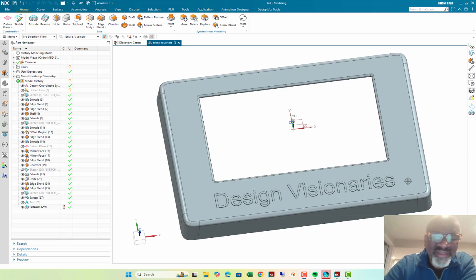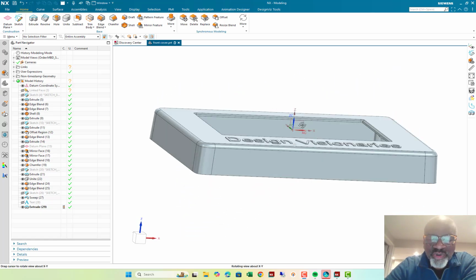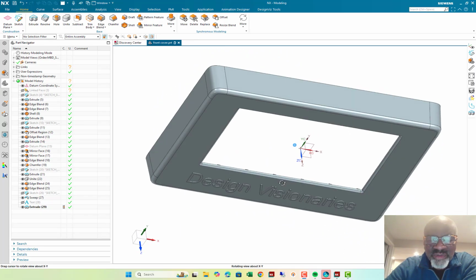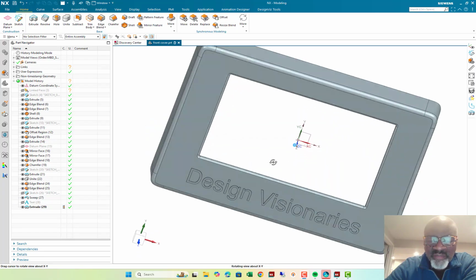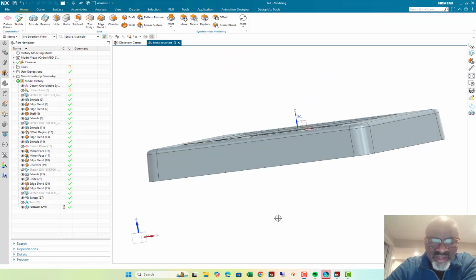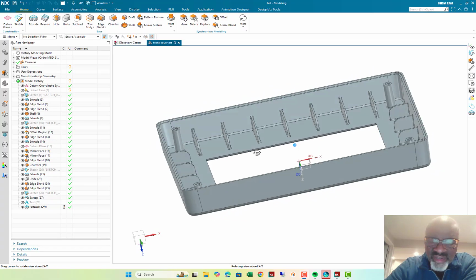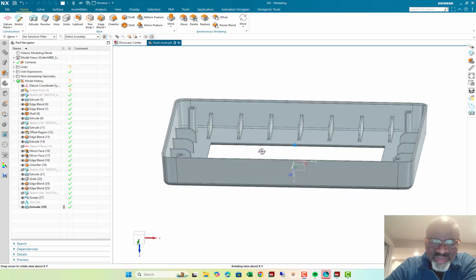Design Visionaries, and today I'd like to show a technique that I can use to create a mold from a piece of geometry that needs to be injection molded. Now, when you do injection molding, you usually